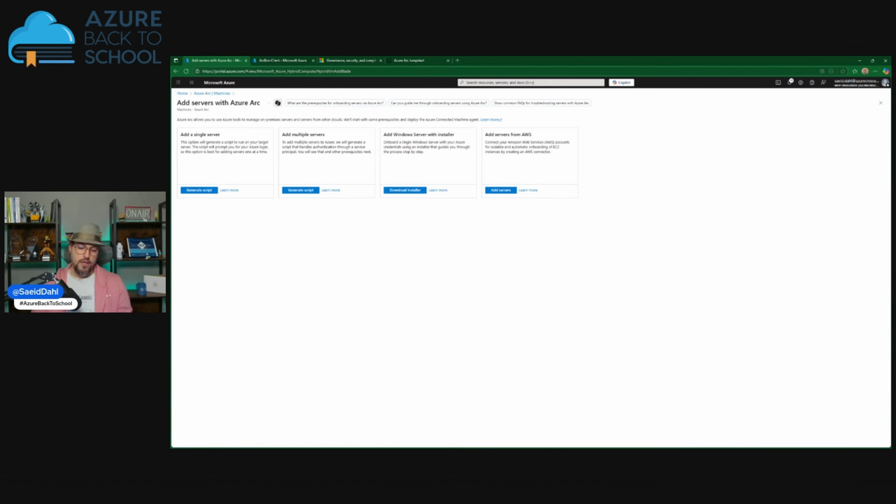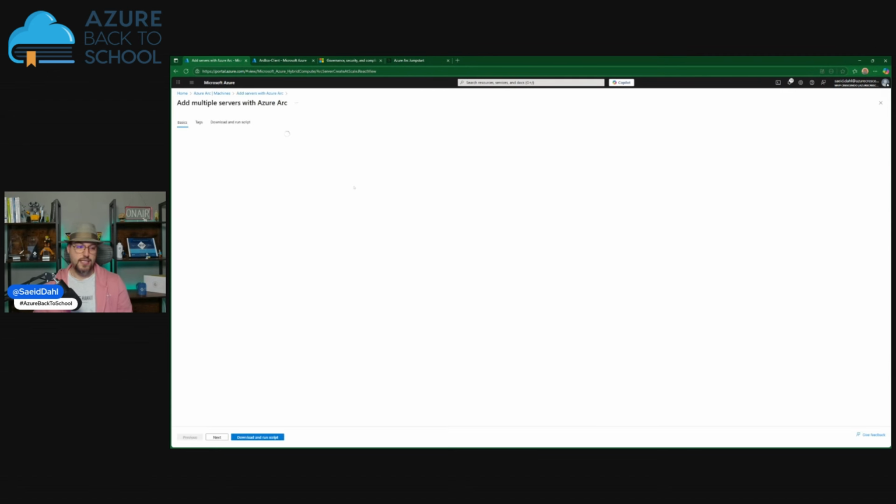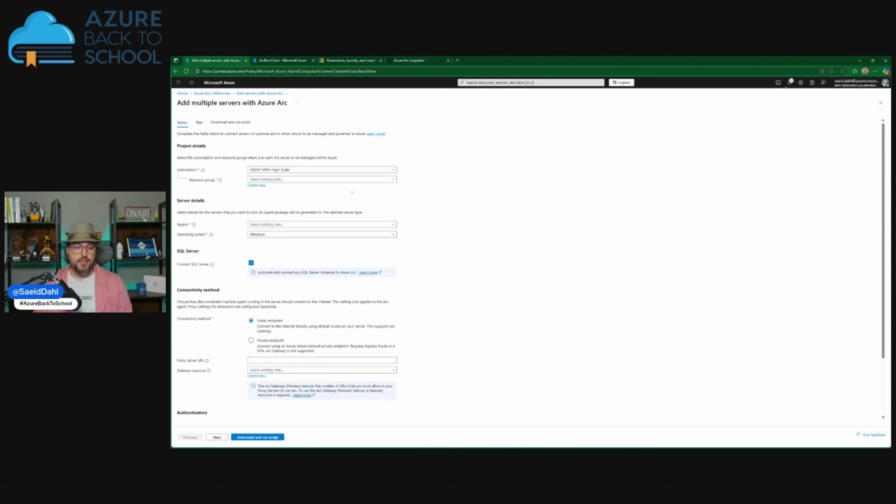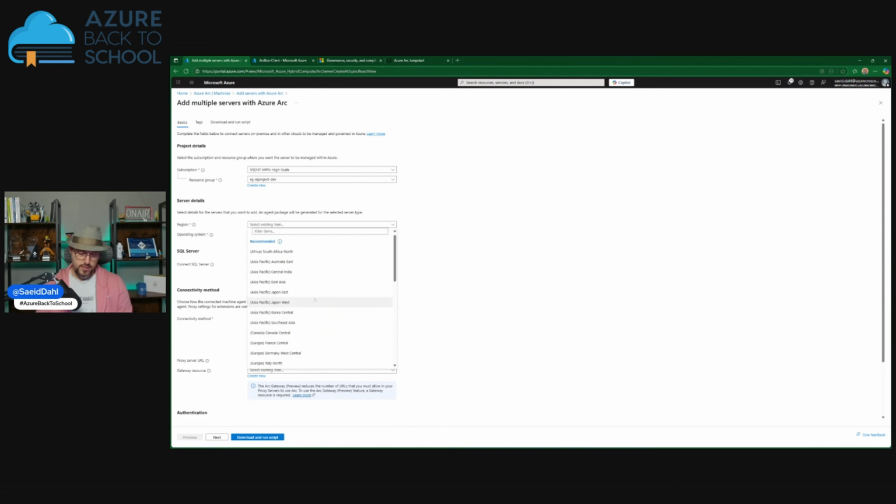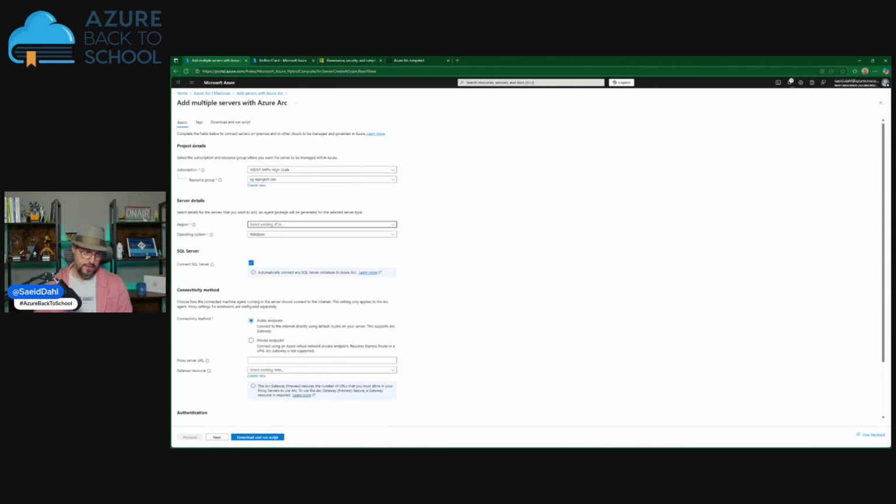If I have, for example, Active Directory or Ansible, and I want to push the script to many servers, for example, if they are part of some kind of security group or group policies. Okay, here I'm going to select again this information